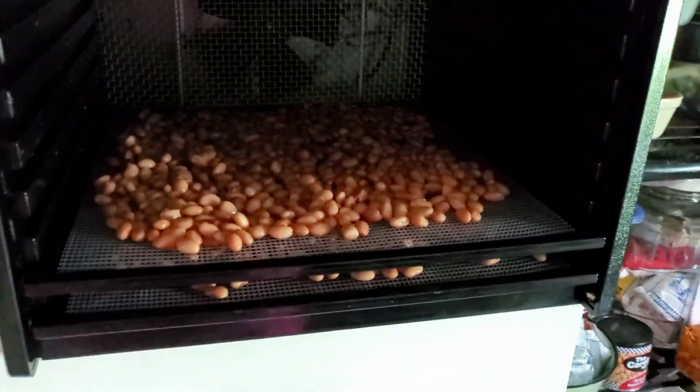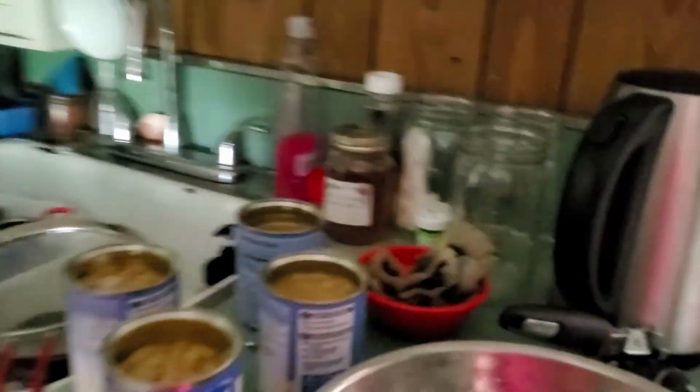So, what I am doing today, I'm going to work on a tin punch project, but currently at the moment, I am going to dehydrate some beans. Let me show you guys. I've got pintos in the dehydrator. I am about to span you around, see my messy house. I'm about to do these